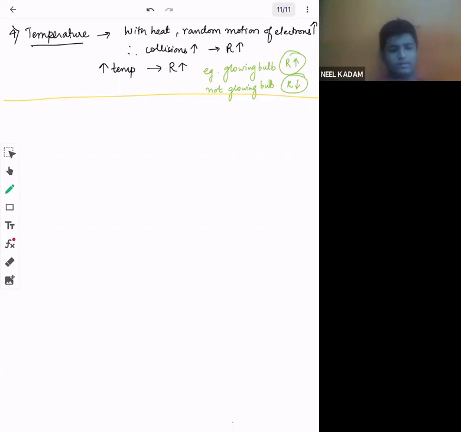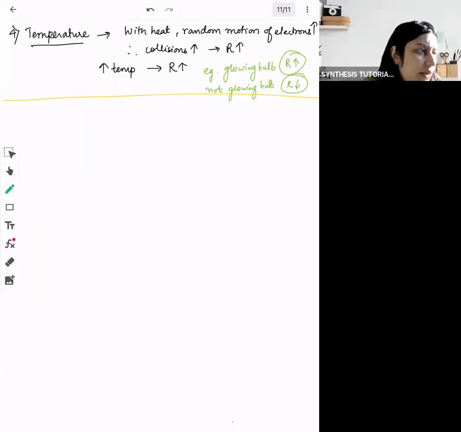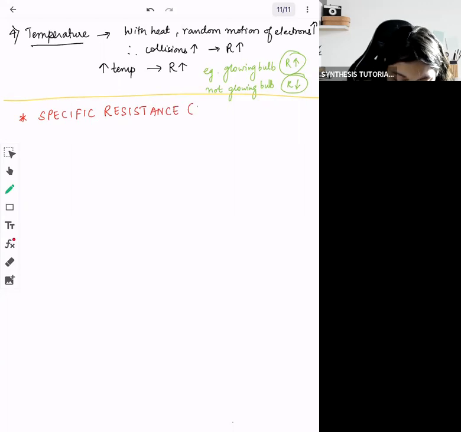Okay. Now the resistance of a wire. So basically हमने experiment से ये सीखा. So we are basically starting with specific resistance. जैसे मैंने starting में बोला था, specific resistance इसी को हम बोलते हैं resistivity. And it is different for different materials.